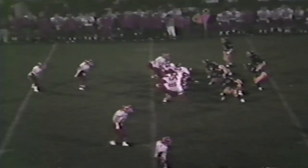Completed to number 22. Aaron Schaefer completes the pass. There's a flag on the play. Mike Martin runs Schaefer out. No loss of down. It'll be 3rd and 11. Pass completed inside the 45 to the 44-yard line. Gary Shamil on the